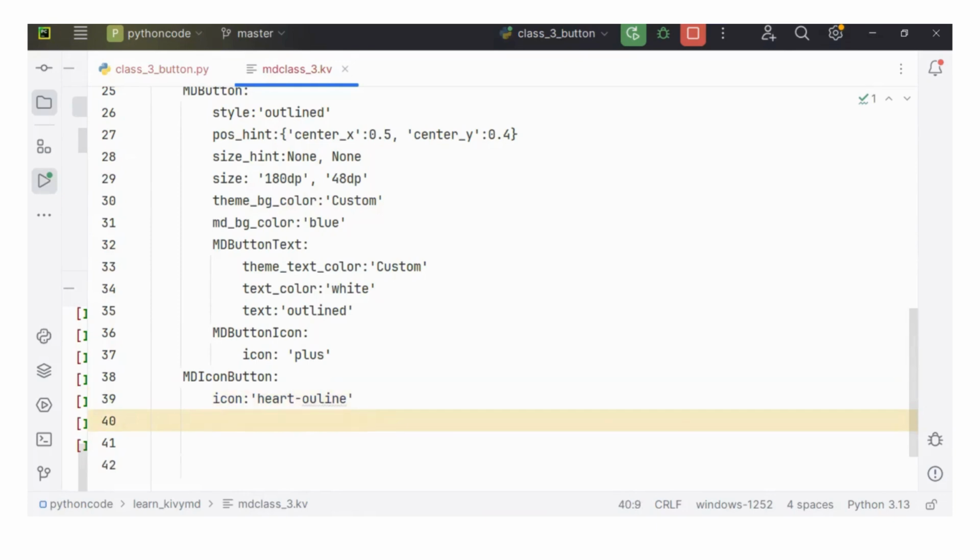Okay, we can also have the position. We have the position, pos int, to be center